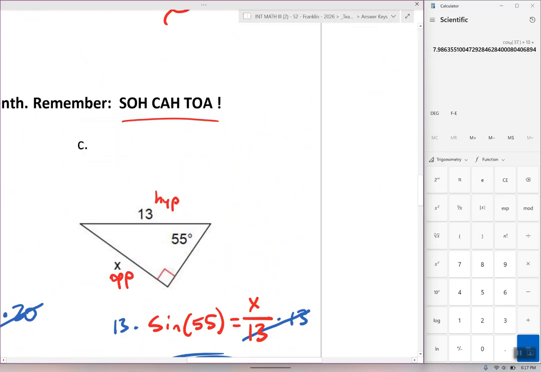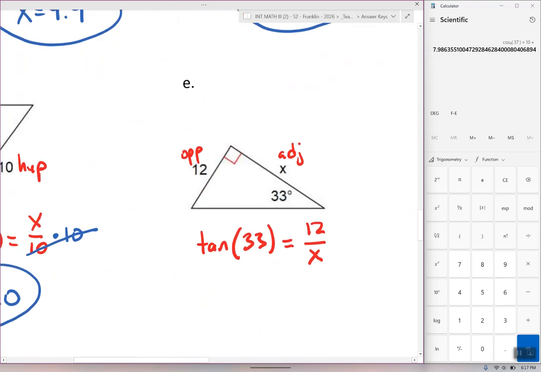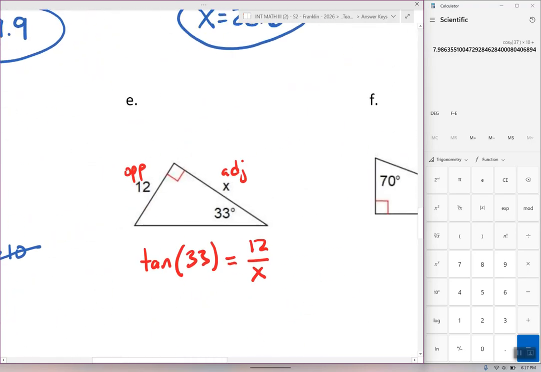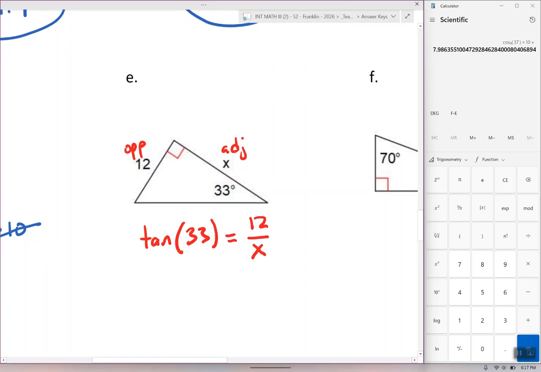TOA, opposite over adjacent. So if you notice here, I have x on the bottom. I'm going to have to do a little bit more algebra, unless you just know how to rearrange it. So if I multiply both sides by x and then divide by tangent of 33 on both sides,